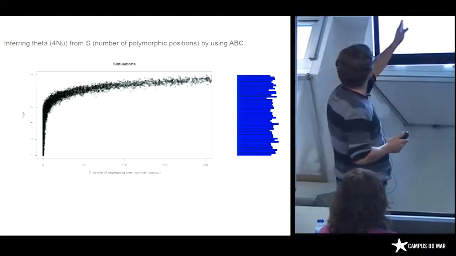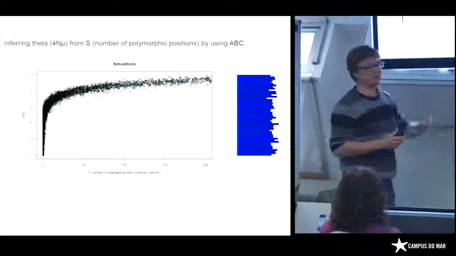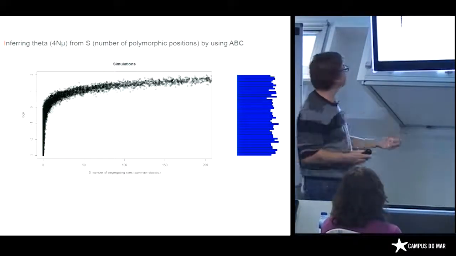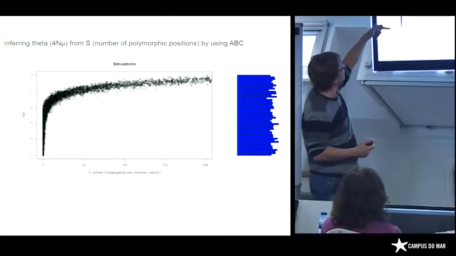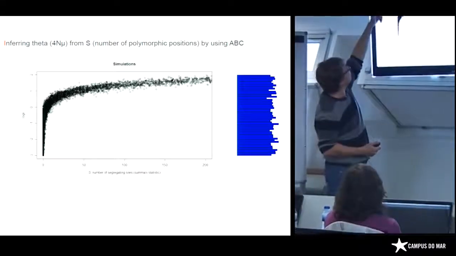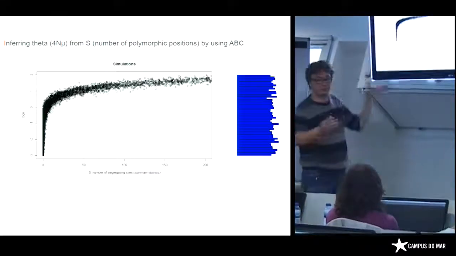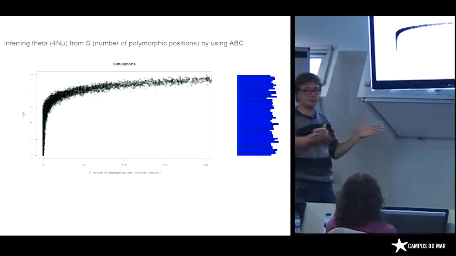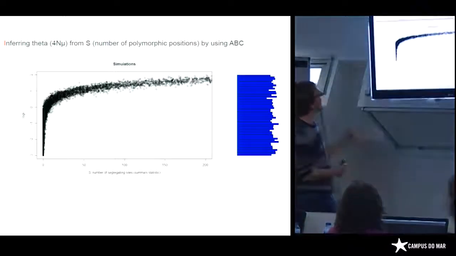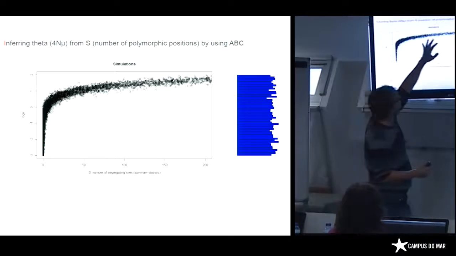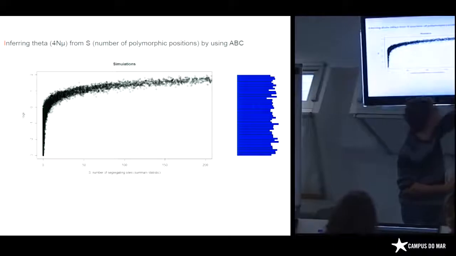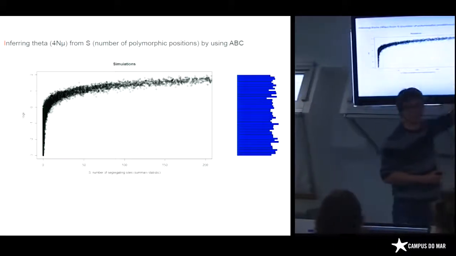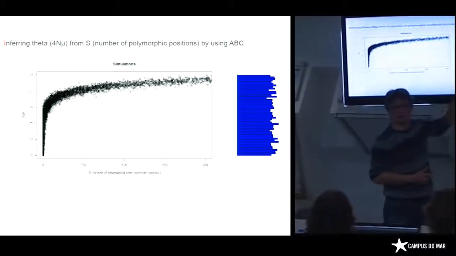And all the black points are the simulations. So the prior of theta is between 10 to the minus 3 to 100, uniformly distributed. And you produce all these simulations. You see here that the parameter is uniformly distributed.